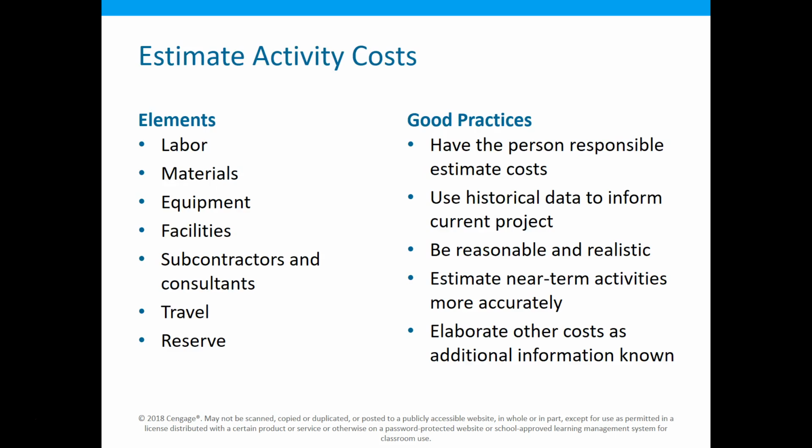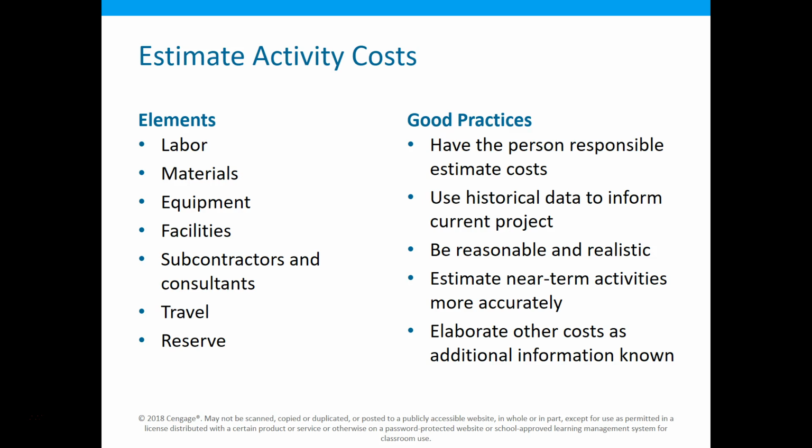So activity costs. What are some of the costs that we're going to have? Well, we know people are probably the most important or most expensive. If I look at Peru State College overall, the majority of the costs of running this college are people. But in any project, we may have materials, facilities. We may have to rent facilities, rent equipment. Travel is certainly very expensive, although the COVID phase has made travel a little different, and now we're doing some things online that we wouldn't. We also have, maybe if we have to contract out things, anything that's going to cost us money, we need to know about it. And we need to make sure that we include all those items.